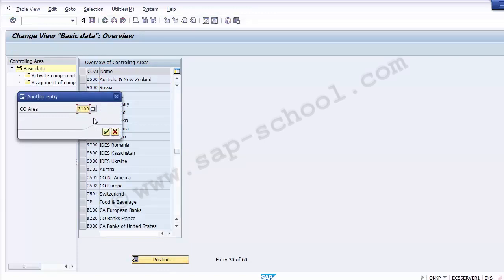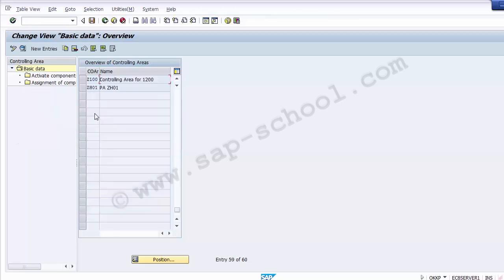That is a 4-character code. The controlling area which we had created is Z100, enter. As entered, you can see the first option has been searched as Z100. Now we can select this controlling area over here,